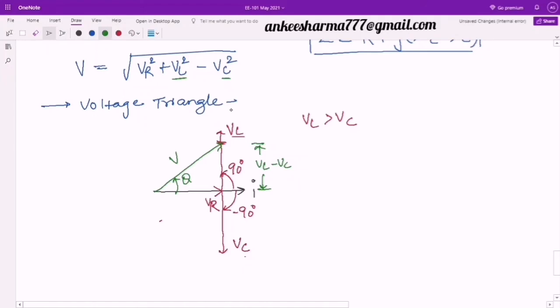So can I say here that my voltage leads current? So there is a lead of voltage with respect to the current, and that angle is theta. But this is my special case where I have considered my VL is greater than VC. What if I consider VL less than VC? Second case, if I take VL is less than VC, then if I draw the same diagram,